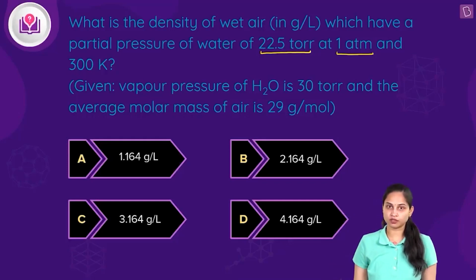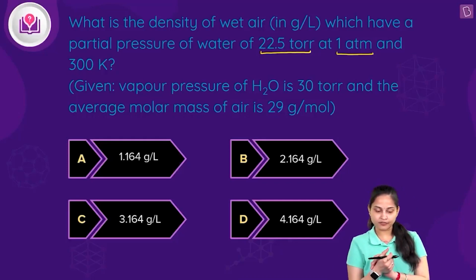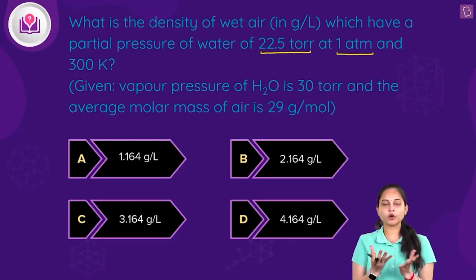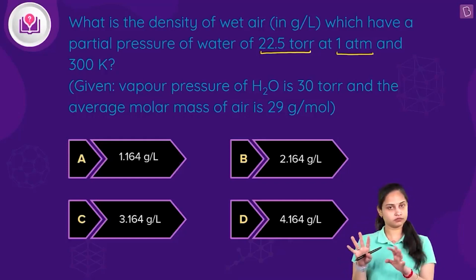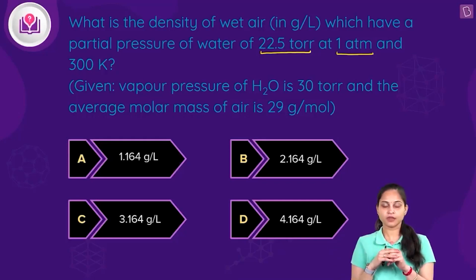Vapor pressure of water is 30 torr and the average molar mass of air is 29 grams per mole given to us. Okay, so over here, first of all, if I talk about which particular concept we are going to apply, it's Dalton's law of partial pressure, which talks about how the total pressure of the mixture is equal to the sum of the partial pressures of each of the constituent gases. That means, so over here